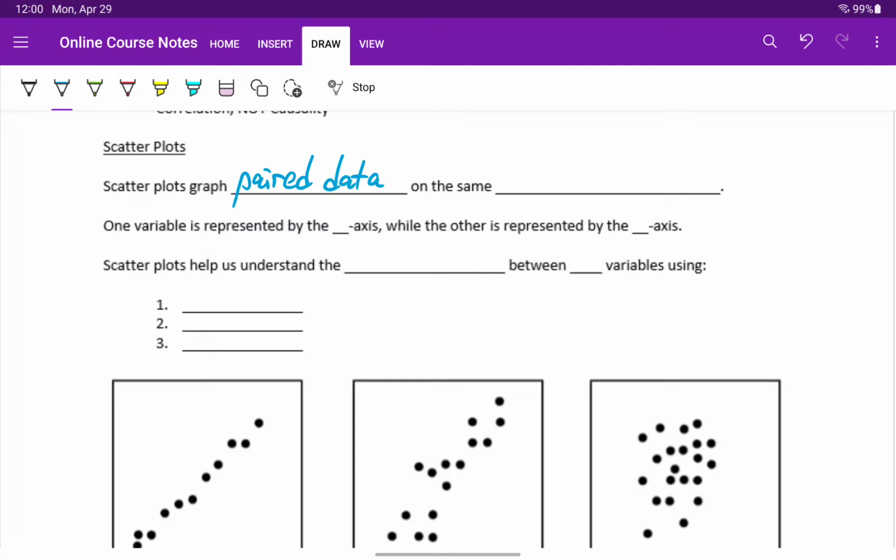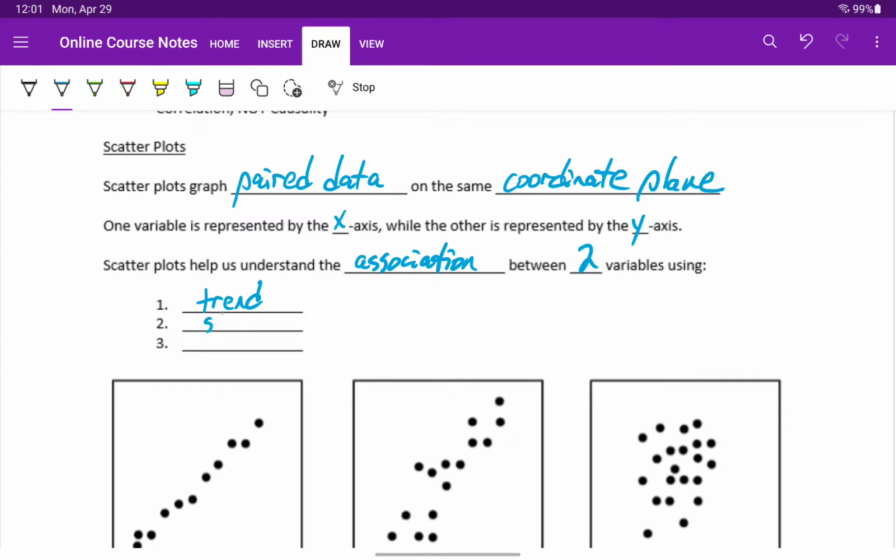So scatter plots allow us to graph paired data. We'll talk a little bit more about that when we see our first data set on the same coordinate plane. One variable is represented as the values along the x-axis, while the other is represented as the values along the y-axis. And what scatter plots help us do is understand the association, if any, between those two variables by looking at the trend,